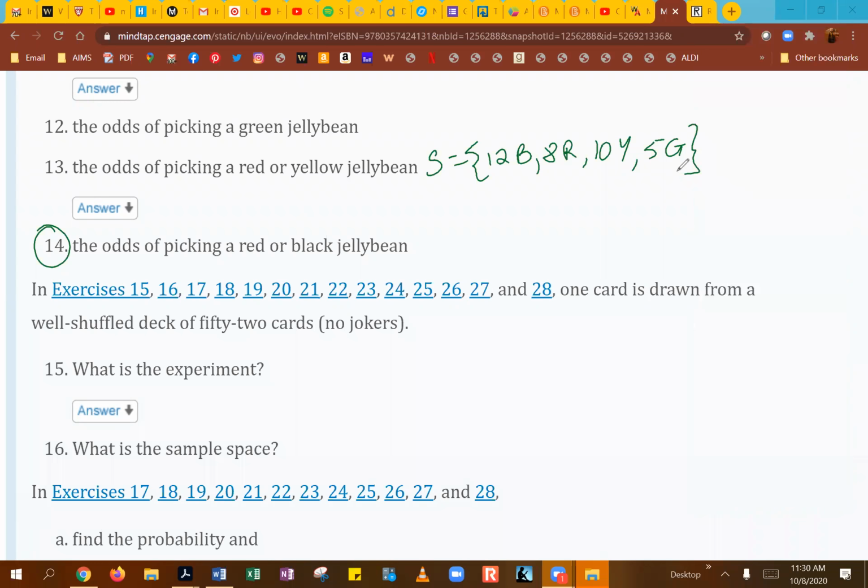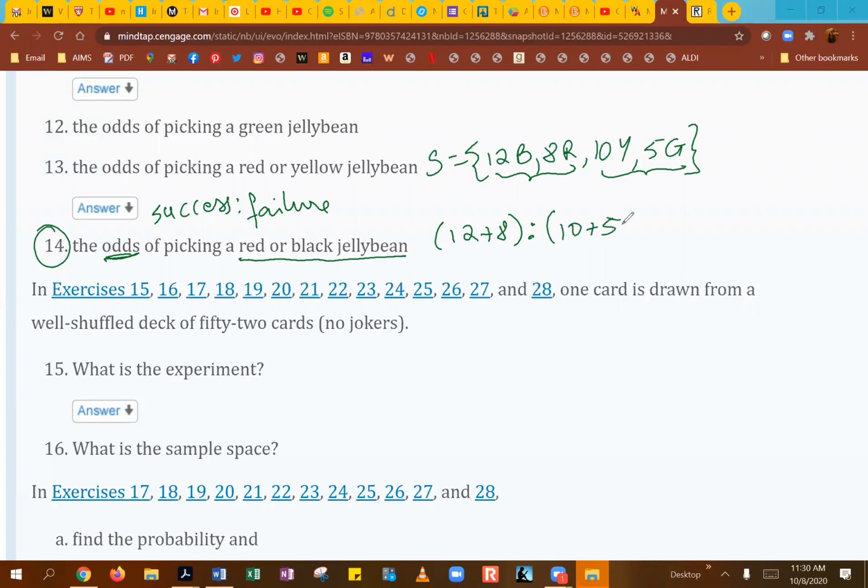Yeah, because remember, guys, when we were talking about odds, we said that's a comparison between success and failure. So when we're talking about what are the odds of picking red or black jelly beans, then of course that means you are adding the red and the black together. So that's going to be 12 plus 8 for our success. And that means for our failure, we do not want yellow or green. So you add those together. And, of course, that will add up to your 15. So that's where you are getting